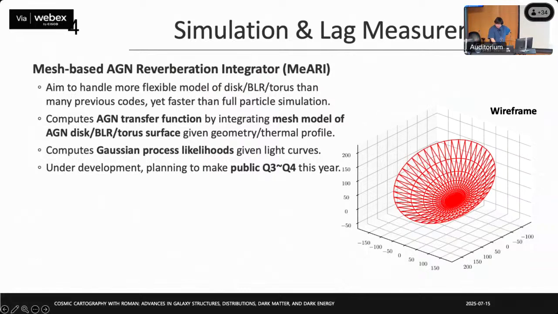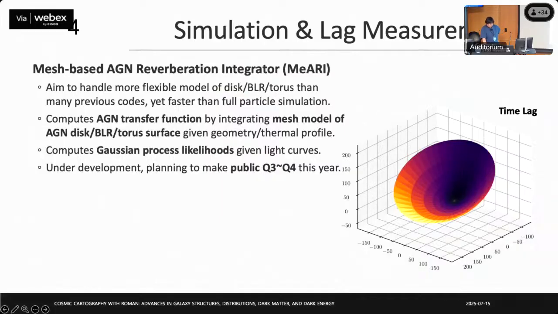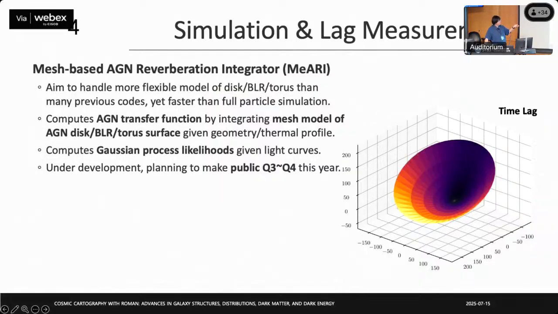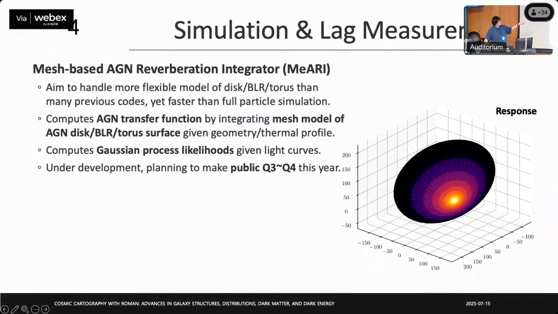It also computes the Gaussian process likelihoods given observed light curves. Here are the wireframes of the mesh disk structure, and the time lags given the mesh structure and the responses at each of the cells. This code is still under development, but we are planning to finish it by the end of this year